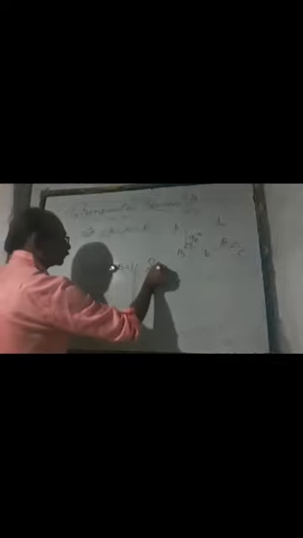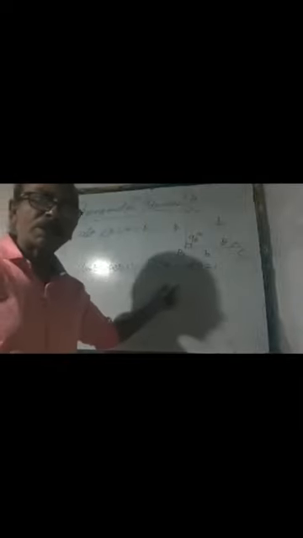Sin theta plus cos theta is equal to 1. So you have got two types of relation over here: sin theta plus cos theta is equal to 1, and sin square theta plus cos square theta is equal to 1. Both of them are relations of equality. Now we have to check which one of them is an equation and which one of them is an identity, right?